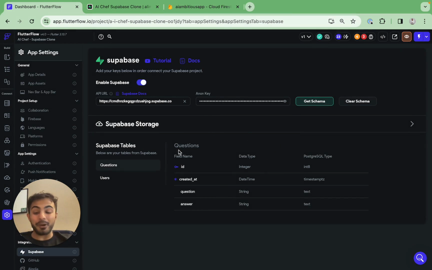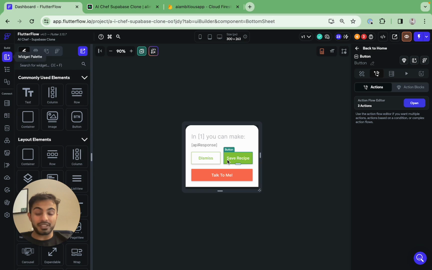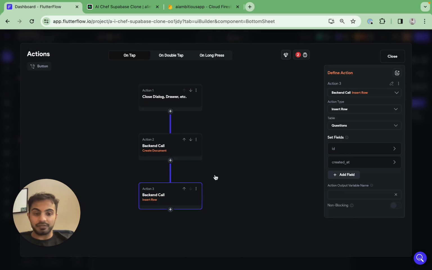So this is something that I'm always going to have to remember if I wanted to work with Supabase, is that anytime I make a change to my Supabase database, I'm going to have to come back to Flutterflow to resync it, which is much different than Firebase in that you're just making the changes out of here. So good heads up. We'll come back to our action flow editor, click edit row, and let's add those fields